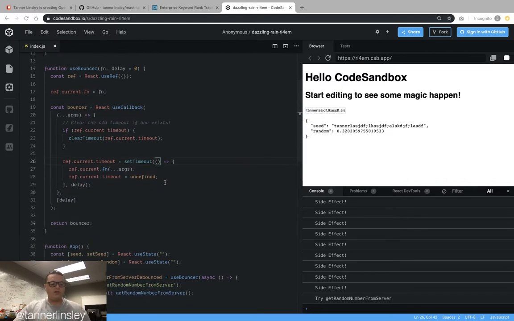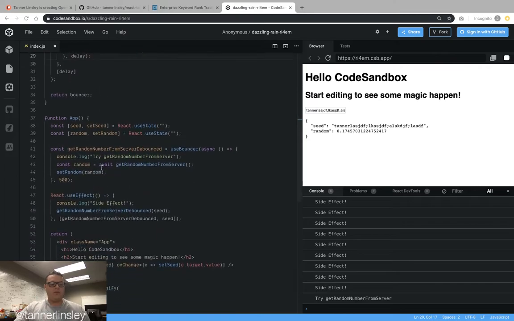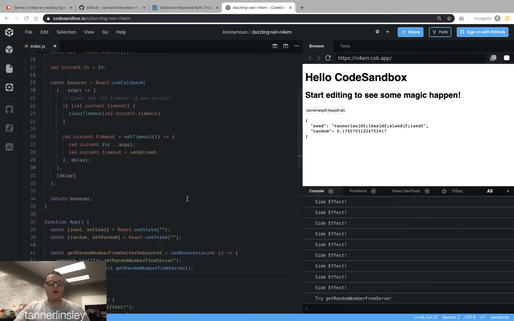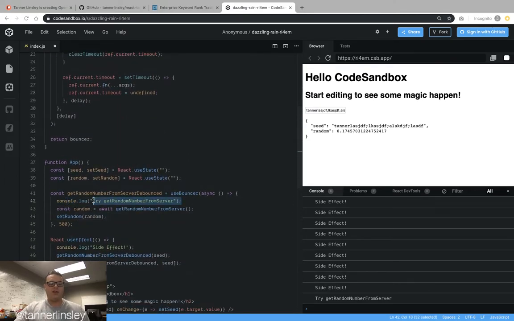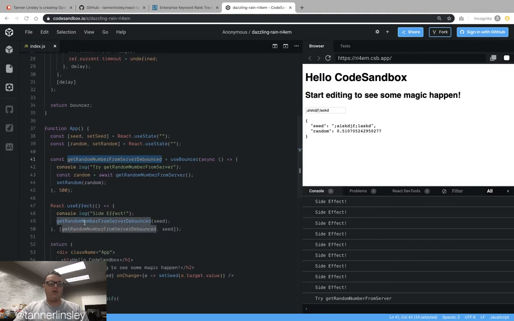Awesome. So let's see what's happening here. It is calling our function. You can see try get random number from server is getting called. So if I type a bunch, it waits 500 milliseconds and only calls try get random number from server one time. Even though the side effect here is getting called every single time the seed changes, this function right here